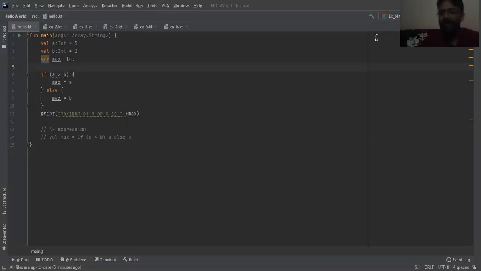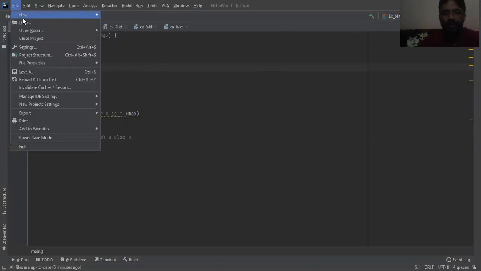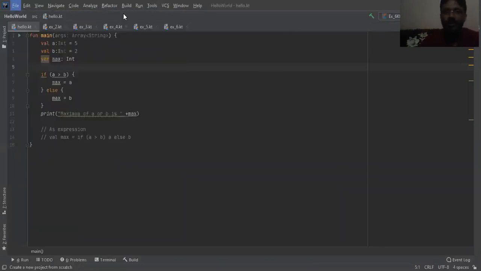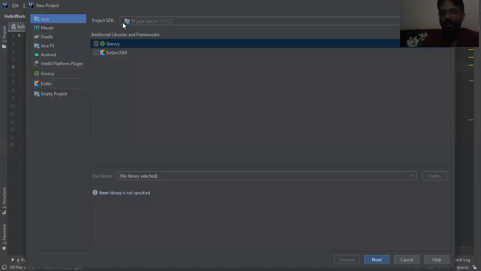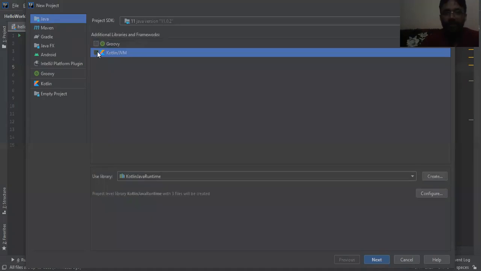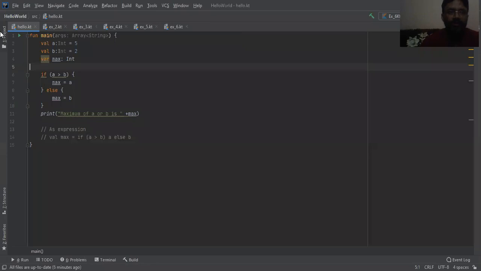Now, what exactly is the way of running a Kotlin program? It's a wonderful IDE where Kotlin is already inbuilt. Firstly, I am showing you the steps that you have to follow to bring these programs into equation. So here is New, and you just open a project. We always start with a project. Here we have to select Kotlin JVM. Once you select this, just click next and create it.